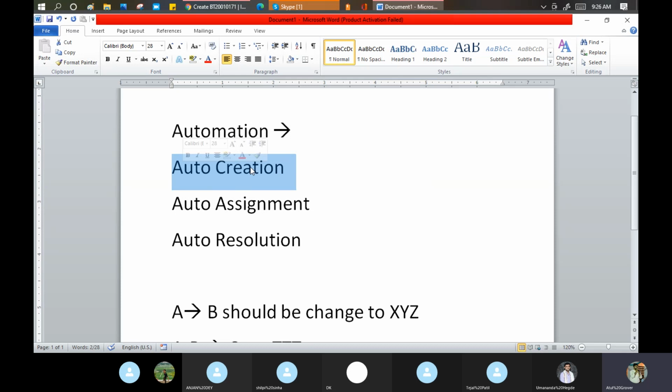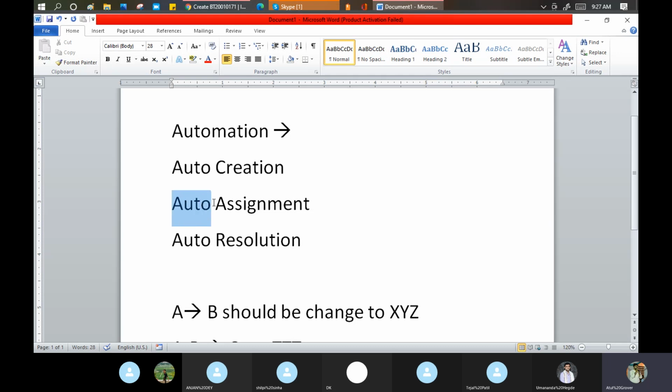Yes or no? Yes. Right. So that is the example of auto creation. You send just a single-line email: my laptop is not working, thanks and regards, Atul Grover. Ticket created automatically. That is the first step of my automation.